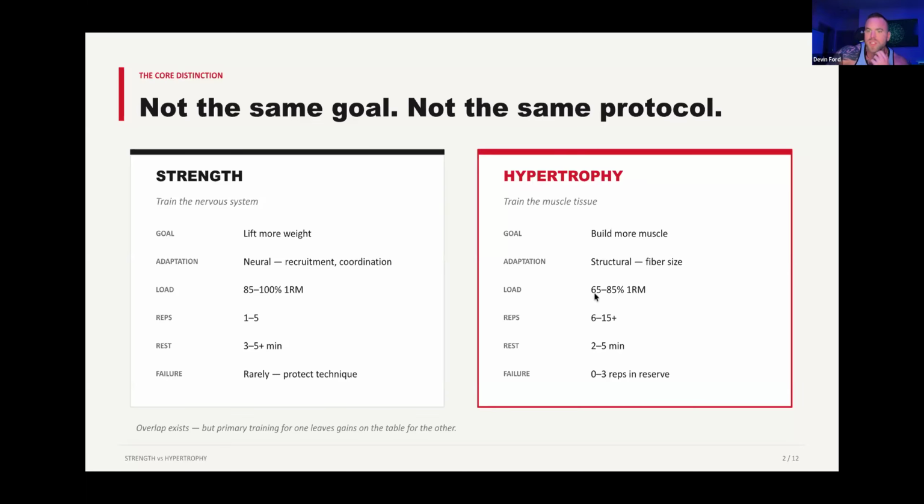Hypertrophy, on the other hand, can actually be loads as low as 30% of a one rep max. So anything from 30% to 85% is mainly the hypertrophy range, let's say. Now you can hypertrophy at your one rep max too, but you just can't do it that much because it's your one rep max, right? So you don't have enough volume to do it, but technically you could. But the loading range is a lot different.